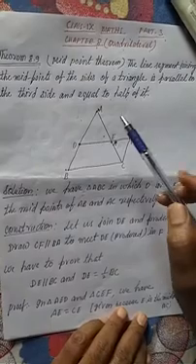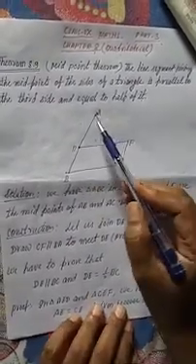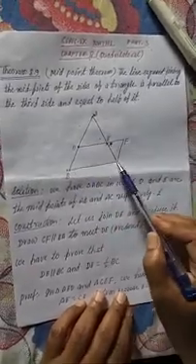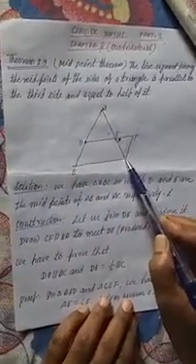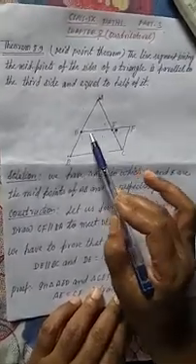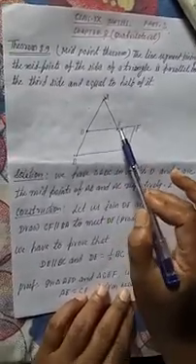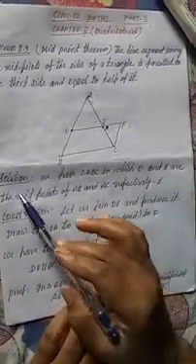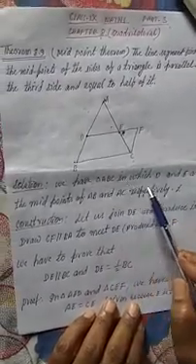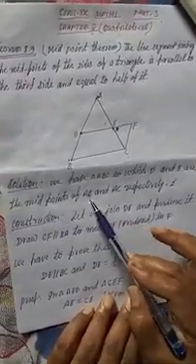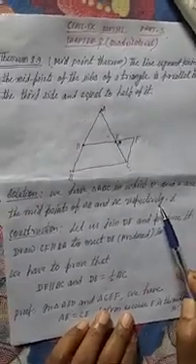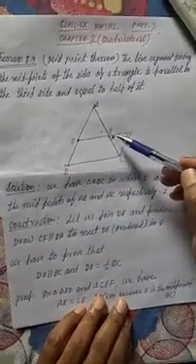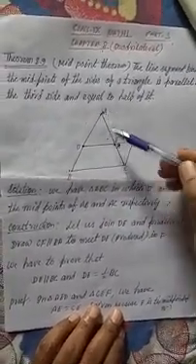So we can see it by this figure. Here this is the figure. I already drew it here. ABC is a triangle, and DE is the line segment, where D and E are the midpoints of AB and AC respectively. So, solution: we have a triangle ABC in which D and E are the midpoints of AB and AC respectively. So here see, D is the midpoint of AB and E is the midpoint of AC.